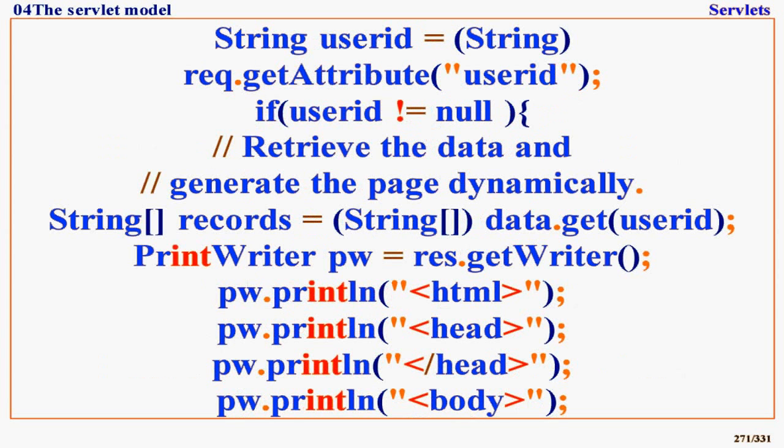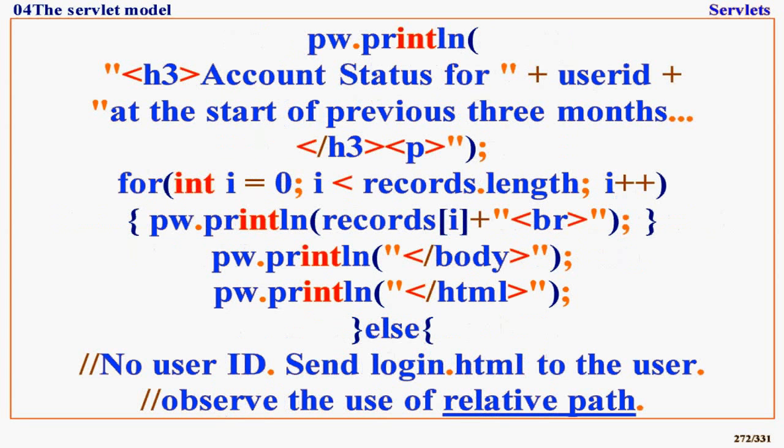String[] records = (String[]) data.get(usert); PrintWriter pw = res.getWriter(); pw.println("<HTML>"); pw.println("<HEAD>"); pw.println("</HEAD>"); pw.println("<BODY>"); pw.println("<H3>Account status for " + usert + " at the start of previous 3 months</H3><P>"); for (int i = 0; i < records.length; i++) pw.println(records[i] + "<BR>"); pw.println("</BODY>");